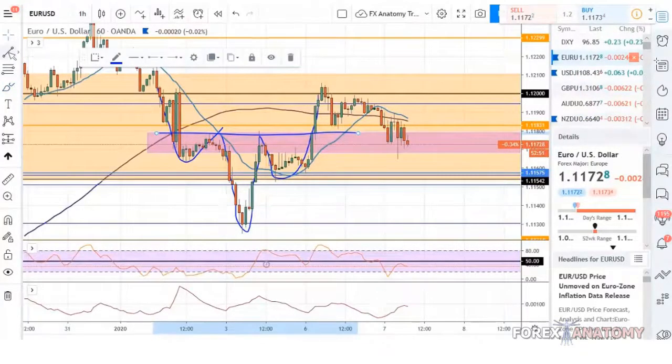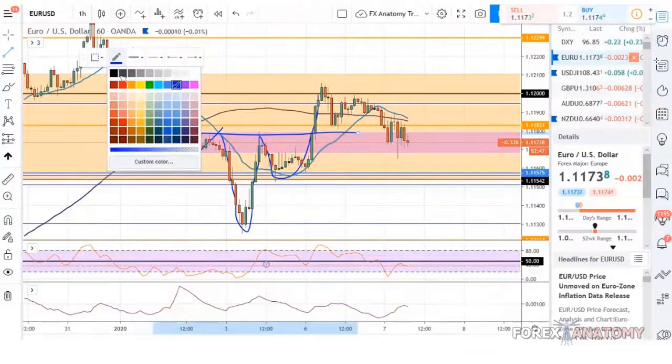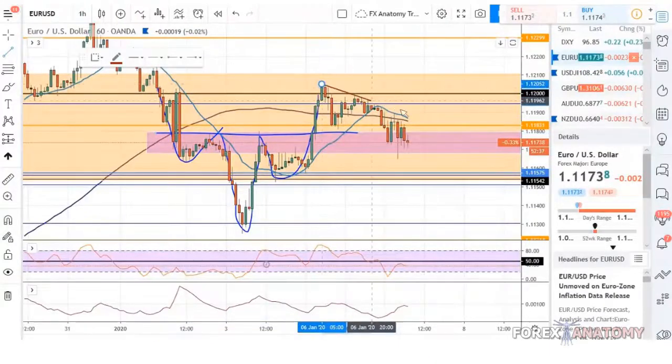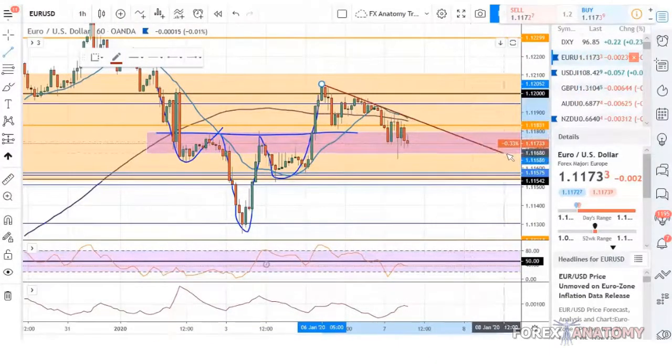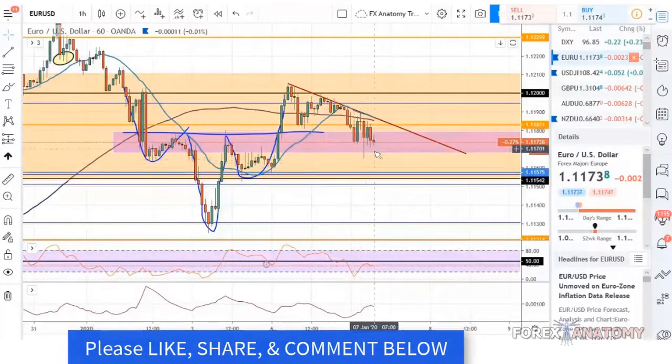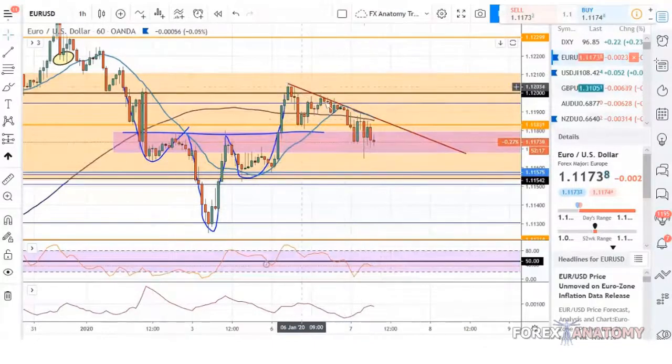So then this is what I'm going to do. I'm going to be a little bit patient on this pair and wait for price. Let me just change the color a bit. I'm going to wait for price to break above this trend line right here before I even decide to go long. I'm not even going to look to go short. I'm not even going to look to go long yet or look for a buying opportunity yet until we get a nice clear break of this descending trend line resistance on the 1 hour chart,